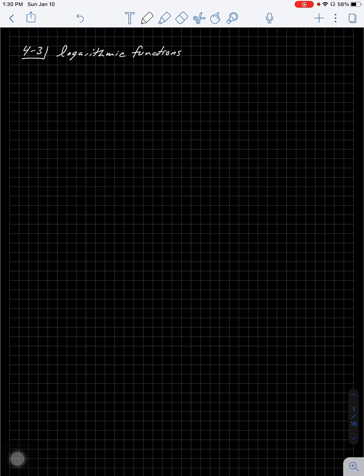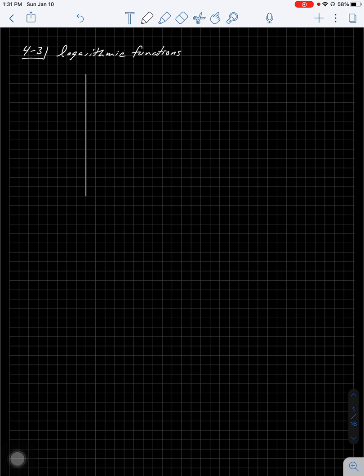All right, time to learn about logarithmic functions. So you know how we always introduce new ideas and then we introduce the inverses? Well, logarithmic functions are inverses of exponentials. So that means that graphically, again, if we